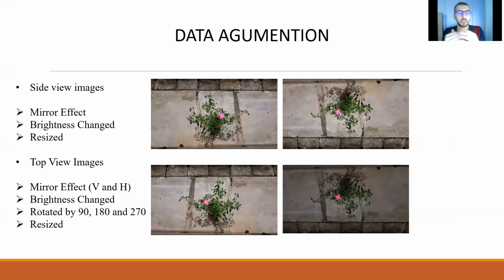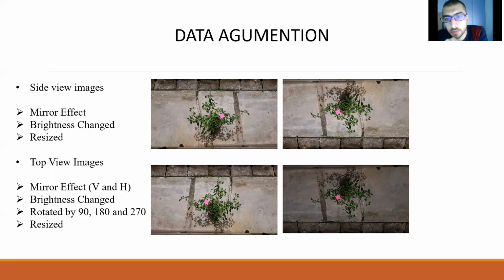And for the top view images, vertical and horizontal mirror effects, brightness change, and rotation by 90 degrees, 180 degrees, and 270 degrees were applied. As you can see, the top left image is the original image.